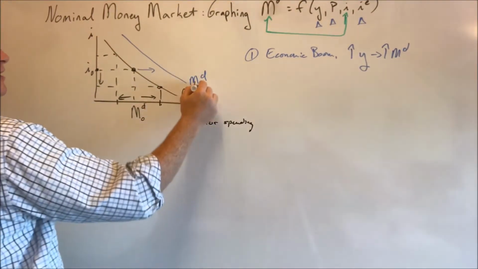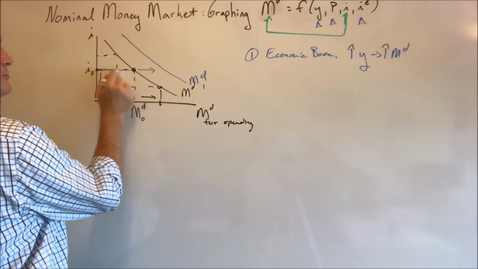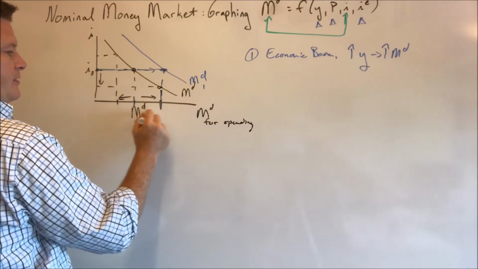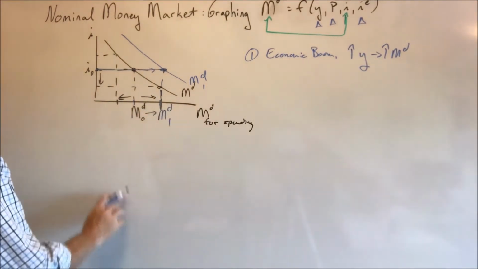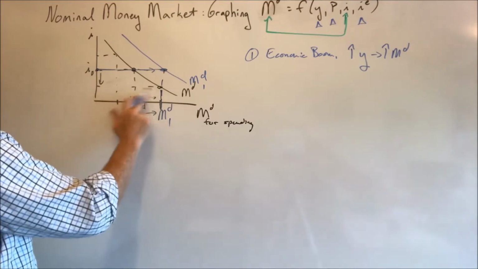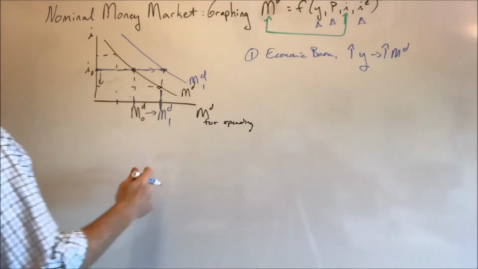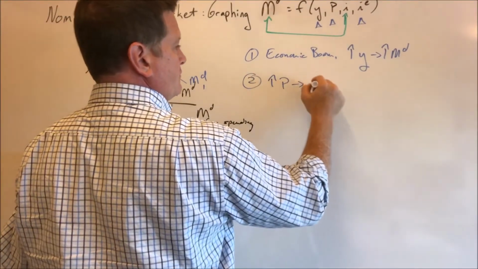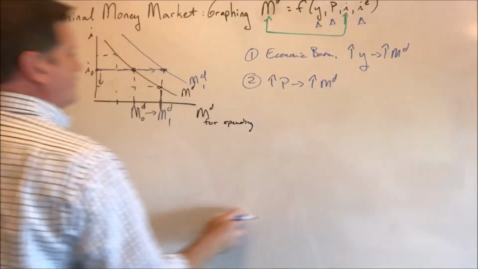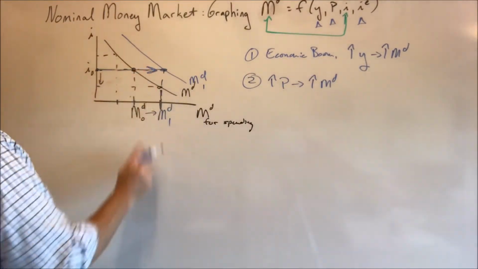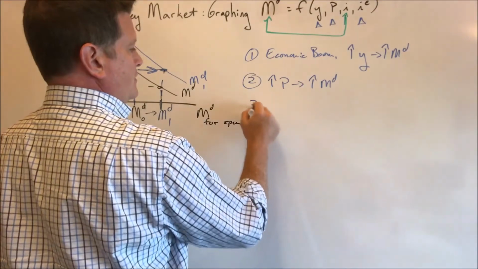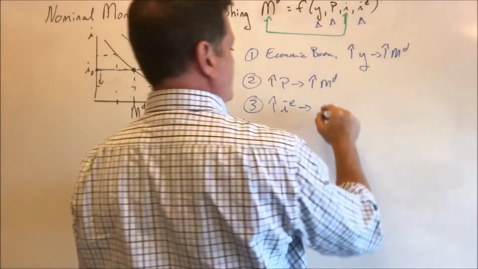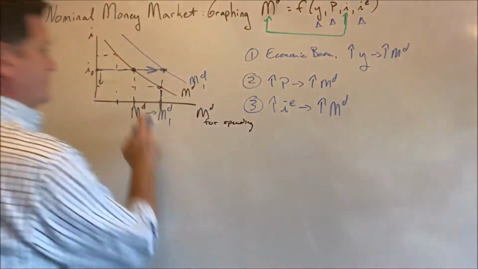What does it say to have higher money demand? It says for this same interest rate, instead of demanding this amount, I'll now be willing to demand that amount. Secondly, if there is a higher price level, I'll have the same effect. It'll shift this out to the right. And finally, if there is a higher expected future interest rate, I'll increase my money demand today, shifts it this